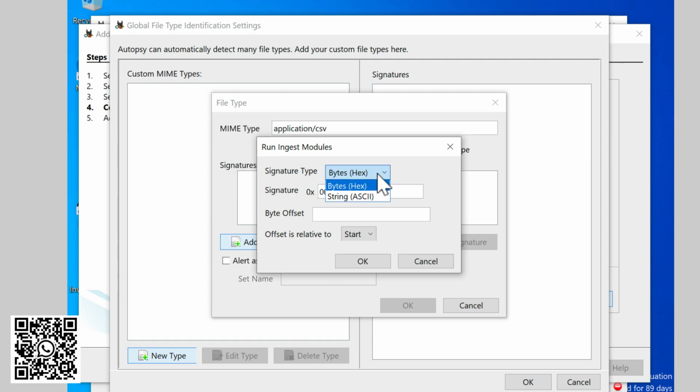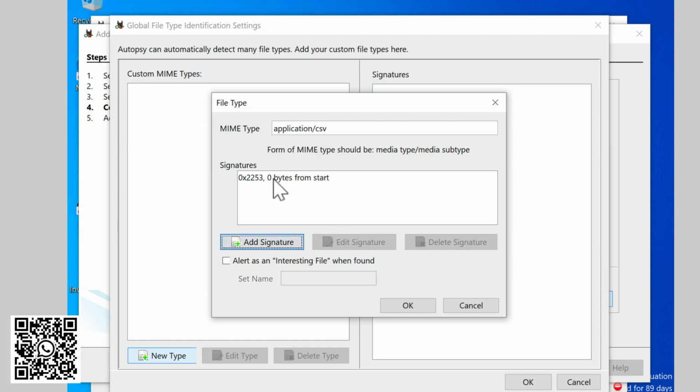So let's take an example. For example, if a certain case you're working on has a certain type of device which has a different type of files on it, encrypted files. So over here you can just find the MIME type and add the signature, so that Autopsy can detect that kind of file. So there are tools that allow you, and in future videos we are going to see what are MIME types and what are the signatures.